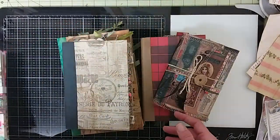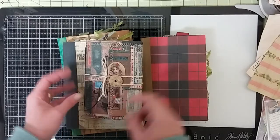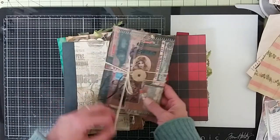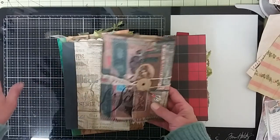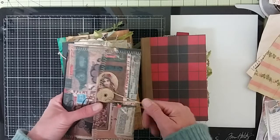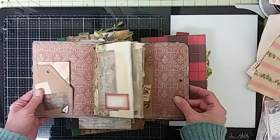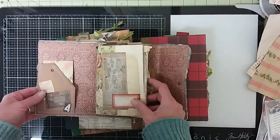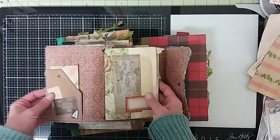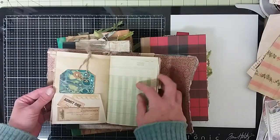So that's one kind. And then this kind was actually inspired by Nick the Booksmith. She did kind of a foldy portfolio thing. And then I got carried away, of course, because I can never leave well enough alone. And so I kind of created this little piece from being inspired by her. Now this again is fabric that I stitched to some patterned paper. And I stuck to her example by doing the pockets here. And then I kind of made it into again, a traveler's notebook with an elastic, and put together kind of,